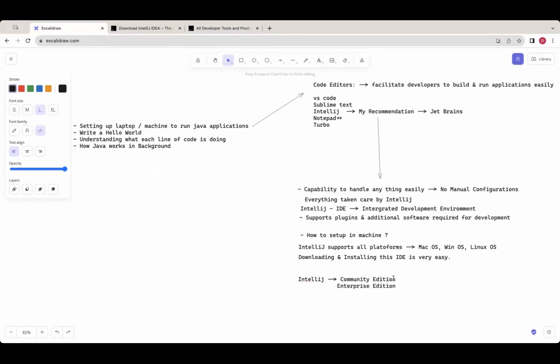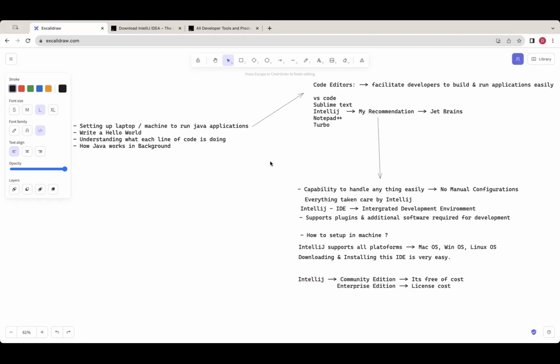So when you choose the community edition, it's free of cost. So you don't need to pay anything. And when it comes to an enterprise edition, there will be some licensing cost. So it will have some license cost. For now, since we are just beginning, let's try to use the community edition. It's free of cost, you don't need to pay anything for that, and you can use it